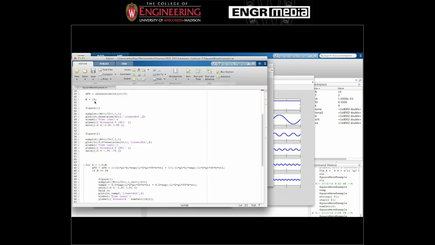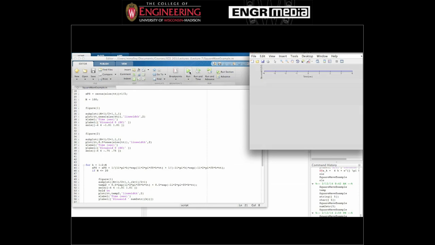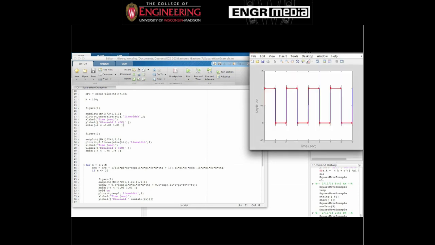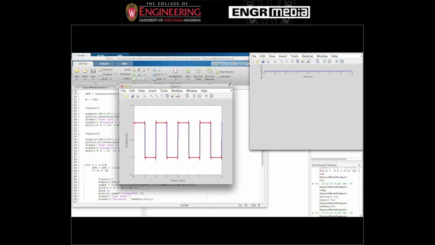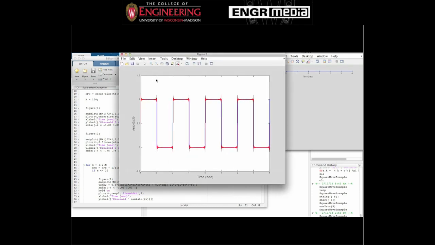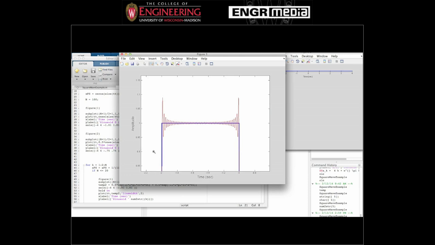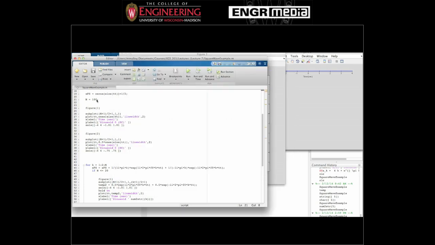But let's go back to the code and crank that number up from 10 to 100, for example, 100 sinusoids, and it's going to create a couple of figures. You can see now that this red representation is much closer to the original square wave. Let me zoom in on this, and we can see these oscillations appear much more rapidly, but on average we're substantially closer. Now again, let me increase this to even more,